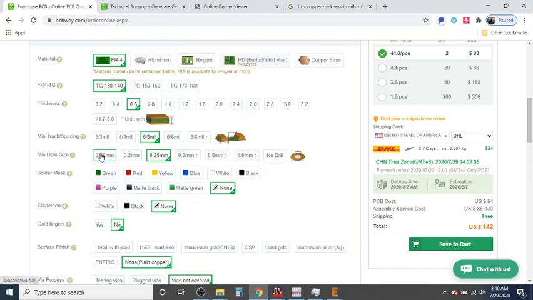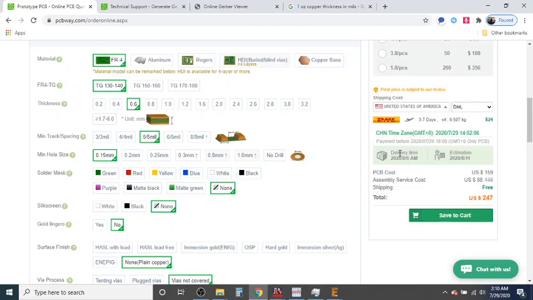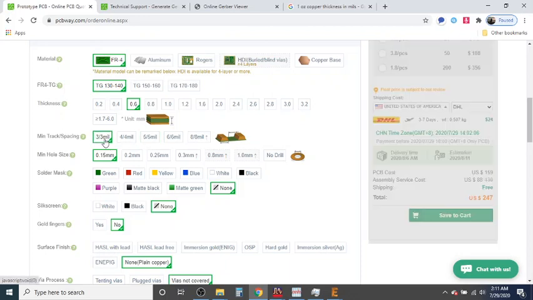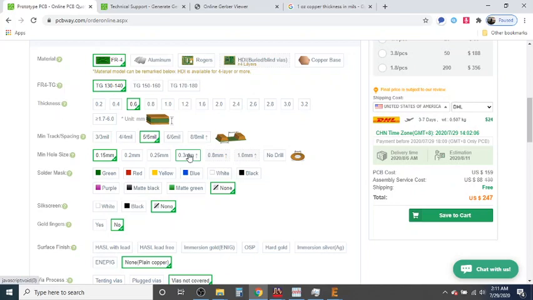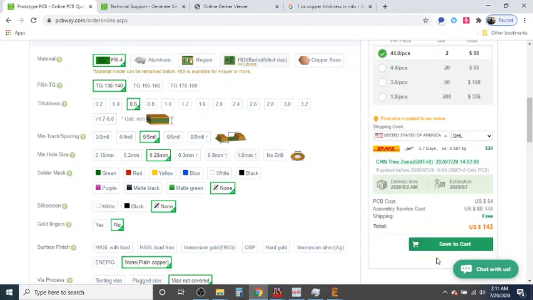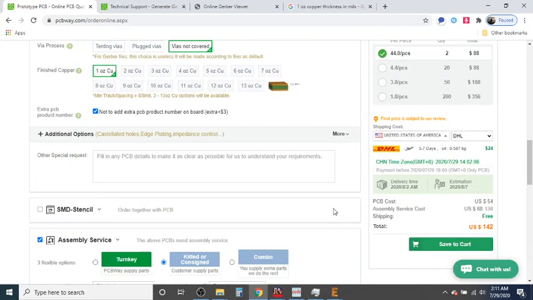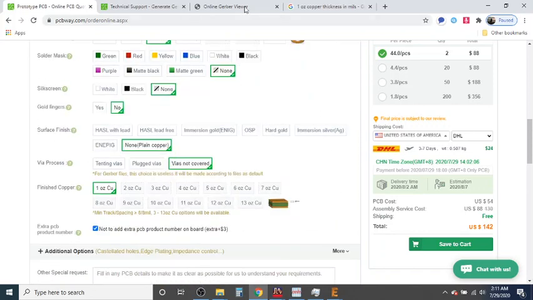You see, if you go really small with the hole size, it'll increase your price by like $100 more. And also track spacing has to be within a range so that you don't have to pay so much money. 142, so that's good. Now, after you do all that, you would save it, and then you would send them